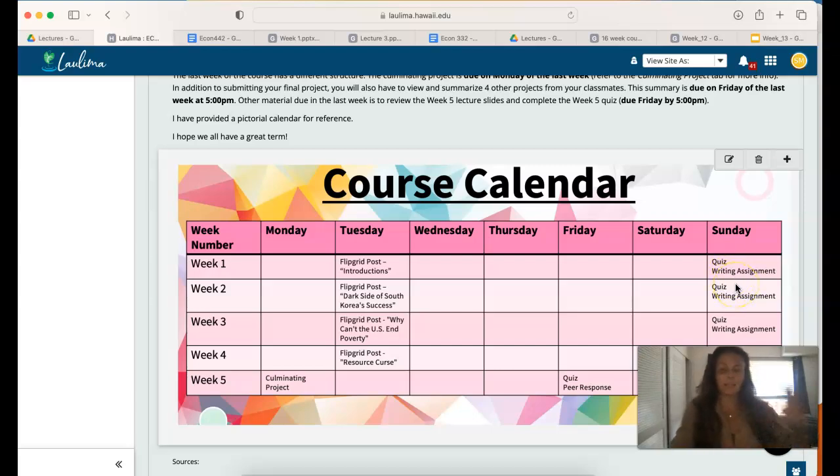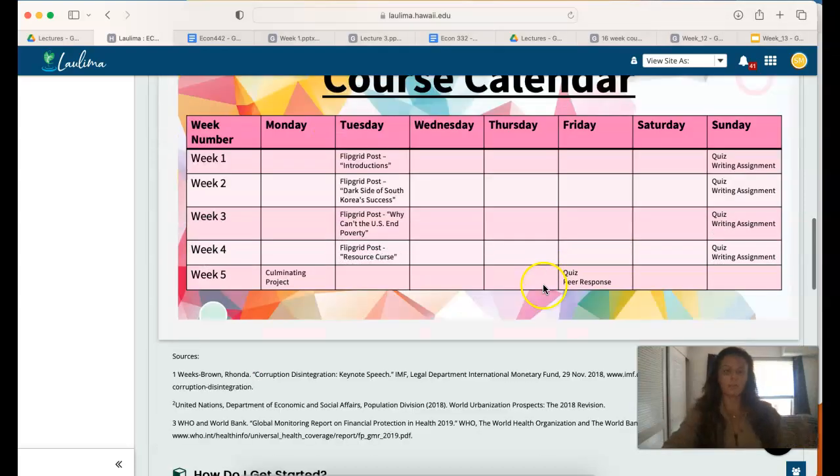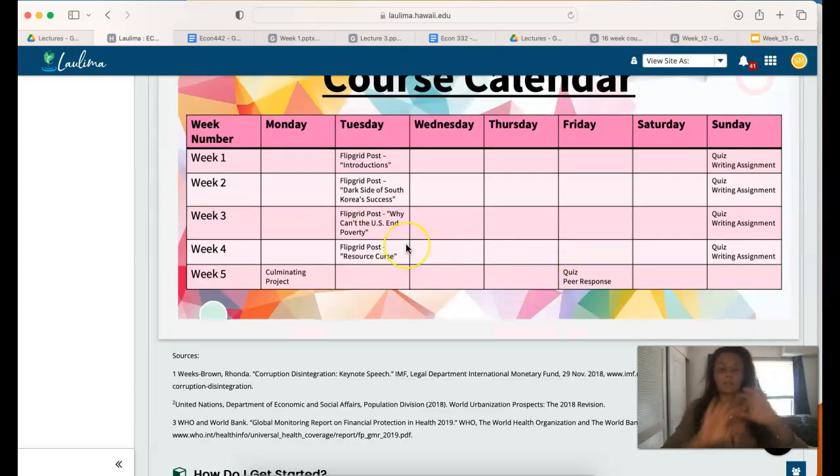That's not to say you can't hand these things in early. I just make them due on Sunday because I used to stagger the due dates, and I got a lot of emails requesting extensions and things of that nature. So instead, I just pushed everything till Sunday. That gives you a full week to manage and organize your time with all of your other conflicting responsibilities like work and family, etc. So all of the weeks 1 through 4 are going to follow a very similar structure.